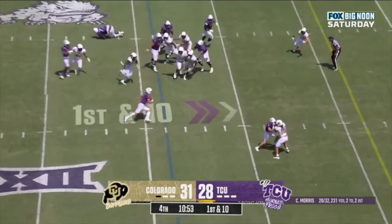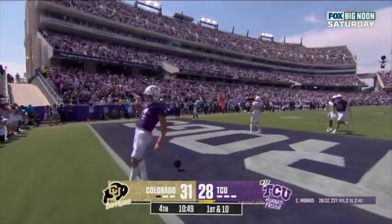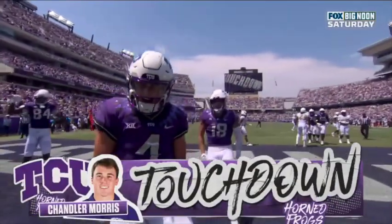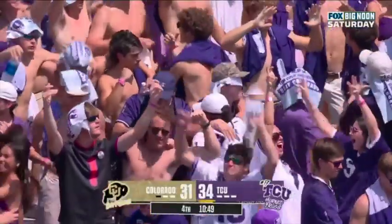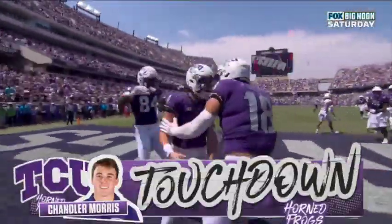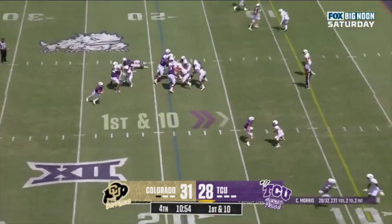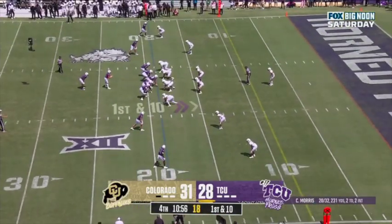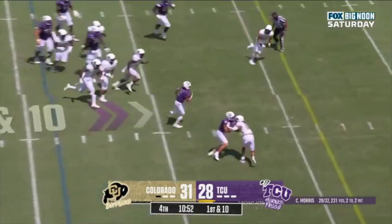Now here's another play. Just zone read. Both ends crash, trying to get to the running back because they're not expecting him to take off, which I don't understand why. He's shown his ability to run a little bit. He seems athletic enough, so I don't understand why you're just crashing and not trying to contain the QB there. The end just decides not to contain here and just crashes, and as you see, easy touchdown